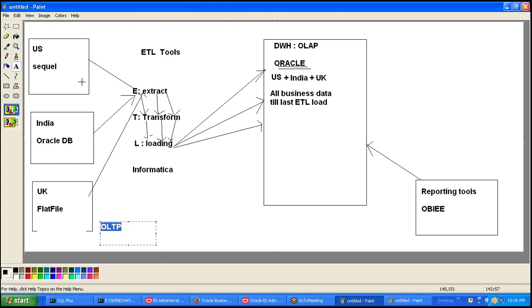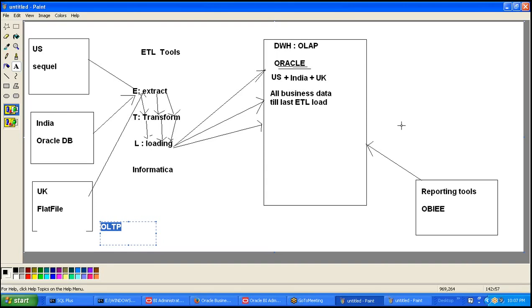So here, every transaction you can find in this OLTP system means you will be inserting the data. Every day you will be inserting the data. So if you want to insert the data, you will be having normalized structures. Normalized structures means more number of tables, which means in the source systems you will be having more number of tables, whereas in the warehouse or OLAP system you will be having less number of tables, which means less number of joins.